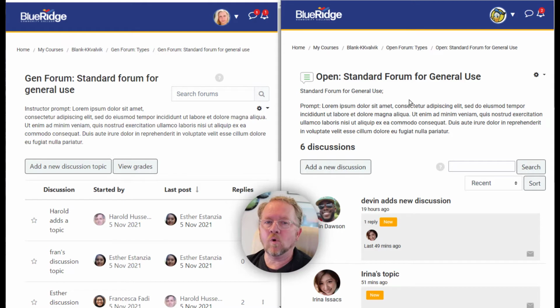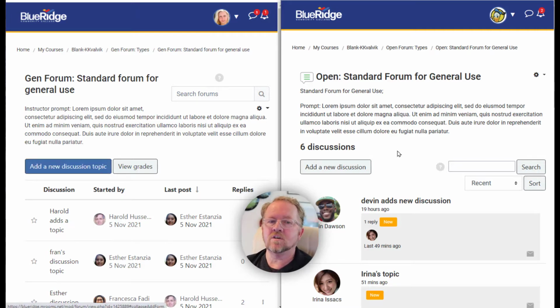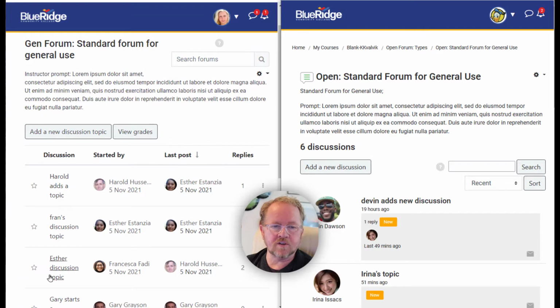Now, with the general forum, one can add a new discussion topic. It invites you to do that. The trouble with that is if you, as an instructor, have chosen a discussion topic and that's what you want people to be replying to and considering, this sometimes can get cluttered fairly rapidly. So we see that students have already started their own discussions. We can see all these people who have done that.